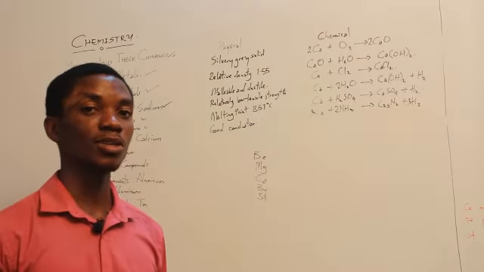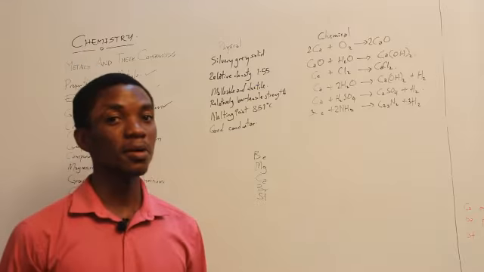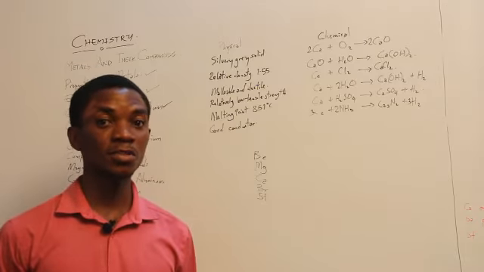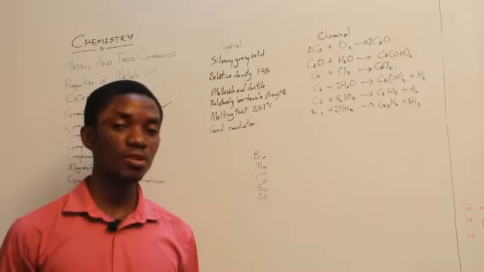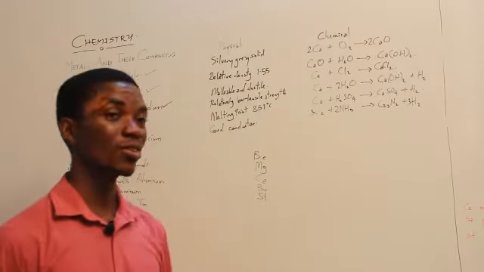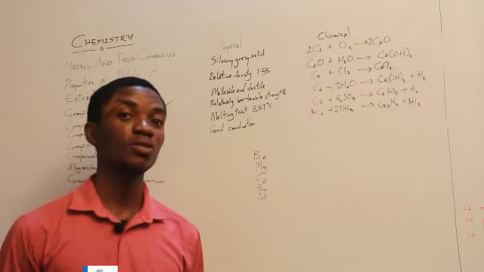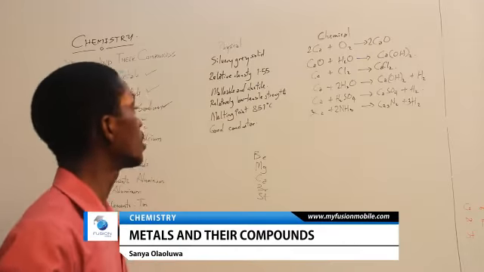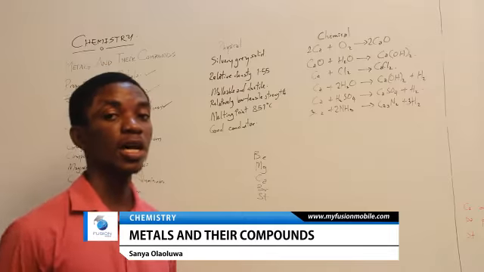I remember the other time we were talking about sodium, we said it had a melting point of about 97 degrees Celsius, and we said it is very low for a metal. Yes, metals can be 800, 900, even 1500. Alright, calcium is a very good conductor of both heat and electricity.